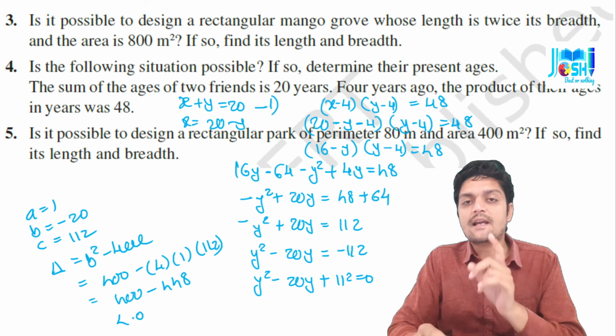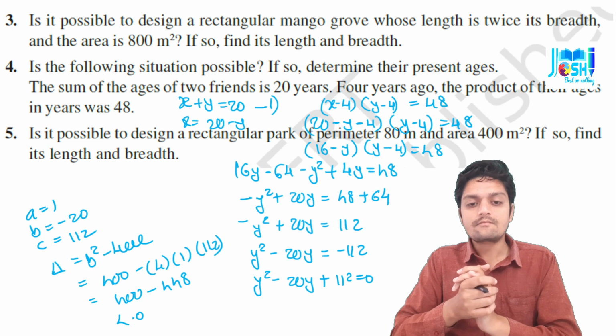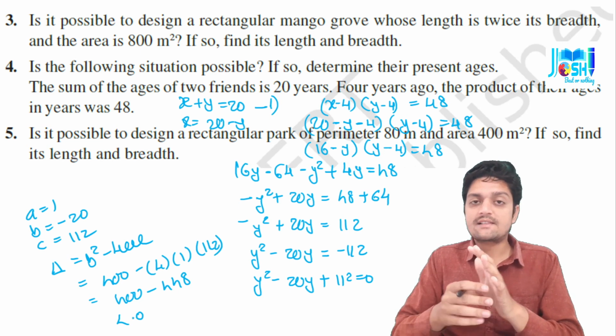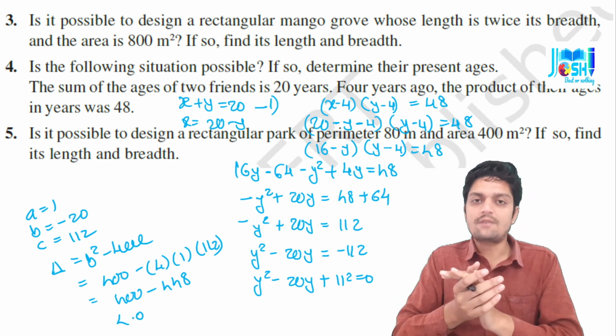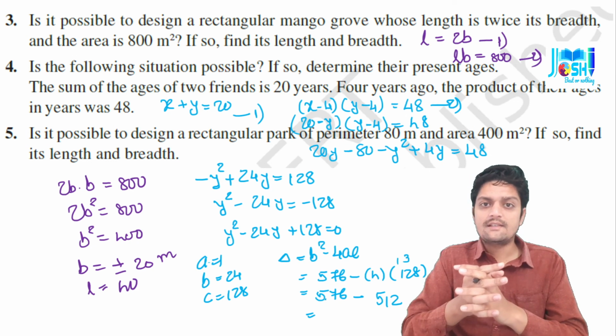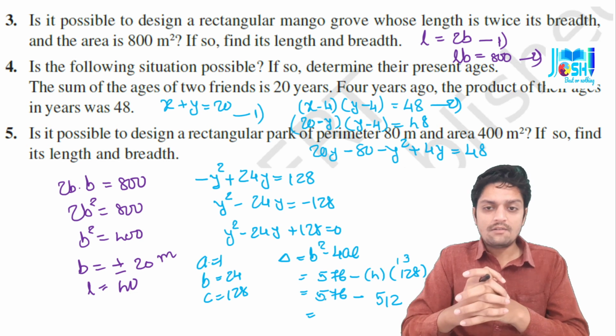So this kind of situation is not possible. This is just written; really this kind of thing does not exist in the world. Because this situation is not possible, you have to see whether it is possible or not. That thing you have to see. Now see here the fifth question.